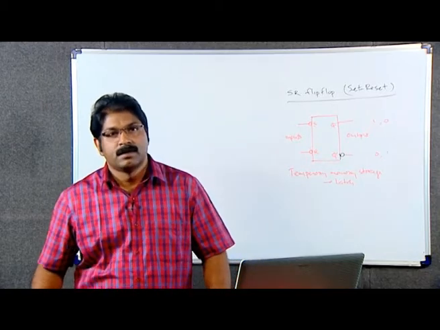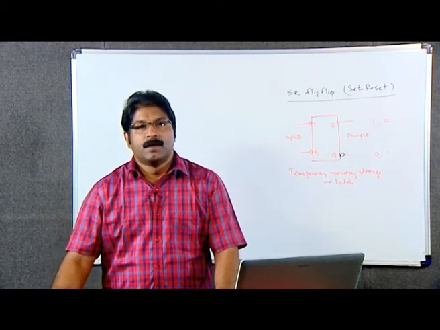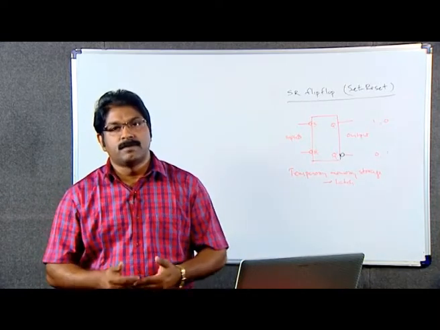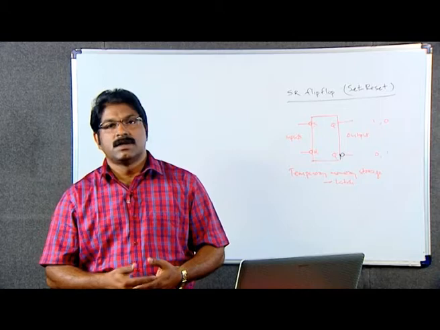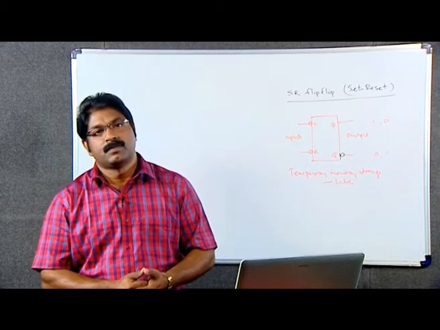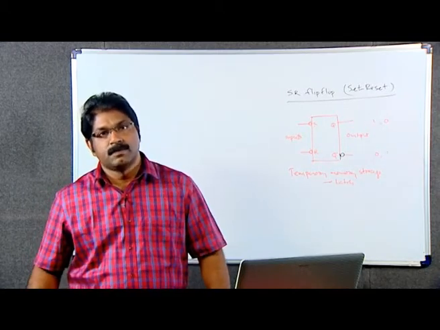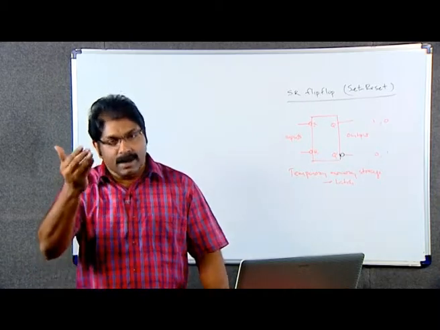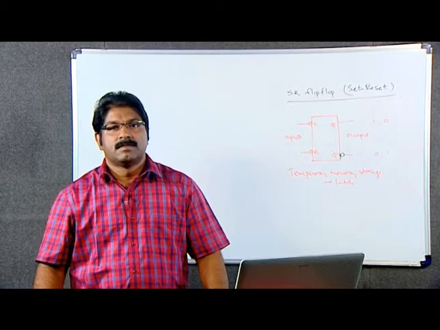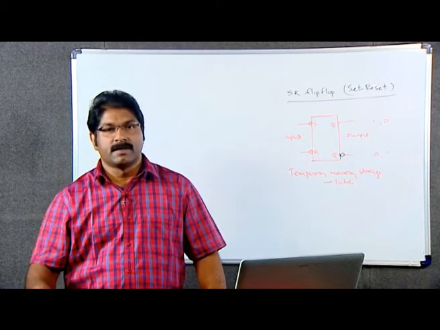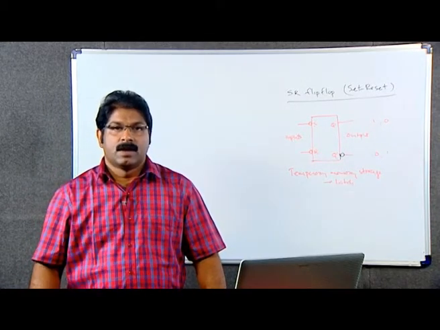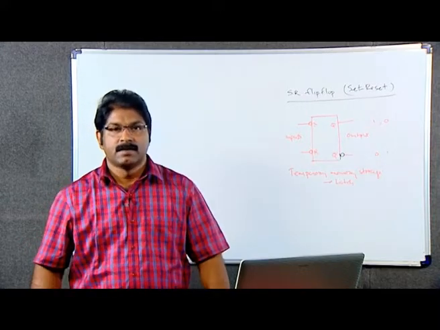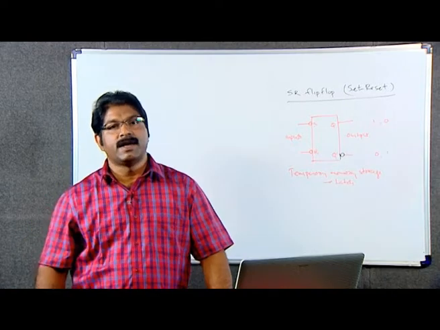Now, one more thing, why is this flip flop, which is made from NOR gates, called active high? It is evident from the truth table. You can see that when the set terminal is made high, the output Q becomes high, and there is a 1-to-1 correspondence. S becomes high, Q becomes high. This is called the active high condition.